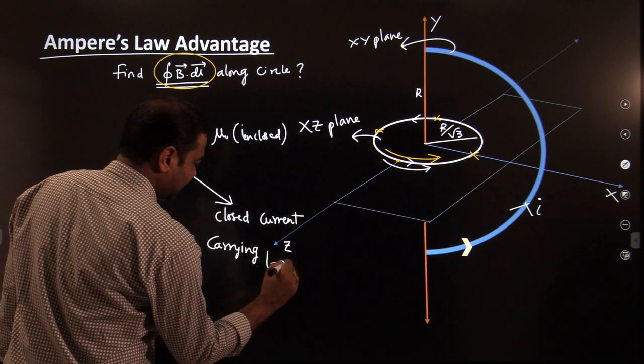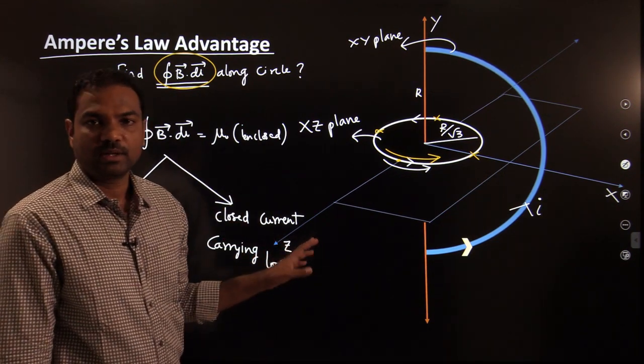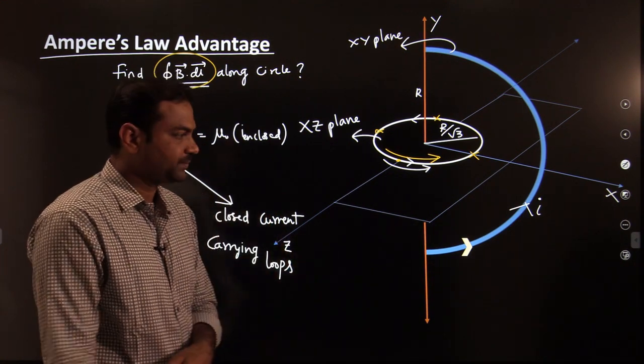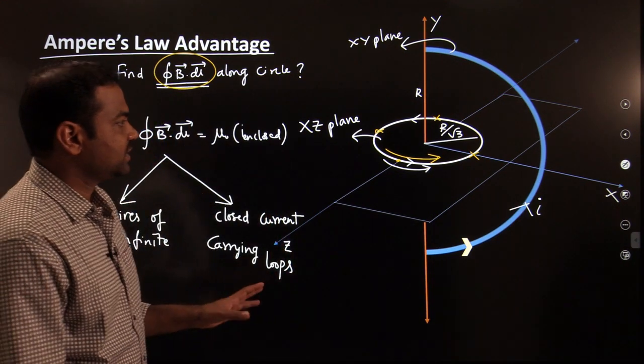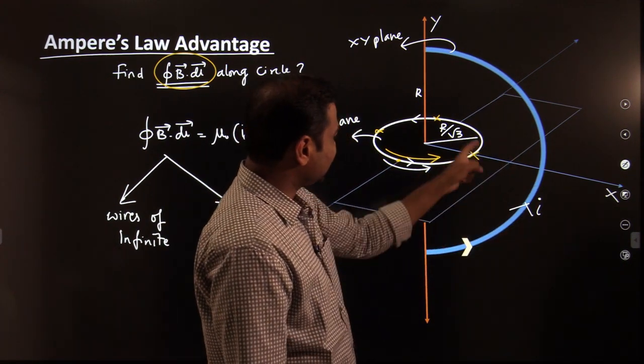For closed current carrying loops also I can apply Ampere's law. These are the two places where we can apply Ampere's law, but Ampere's law is not applicable for finite structures. Okay. So now the question is, we have to find out the line integral along this circle which is in